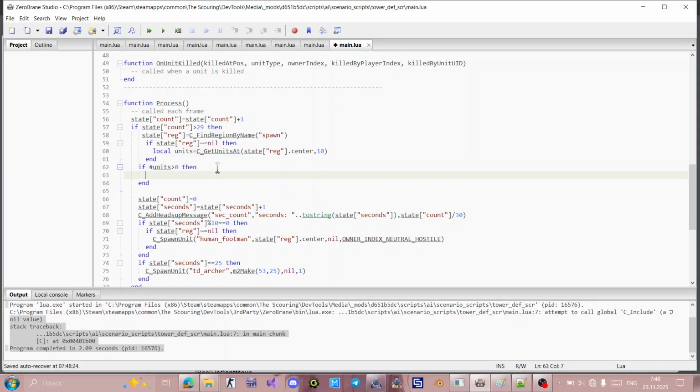Then for each, we'll use pairs structure for this to select unit. I'll just say unit in pairs units. You can set every name that you want. Need unit, you can just set unit and everything that you want. In pairs do, and there end to close. Do